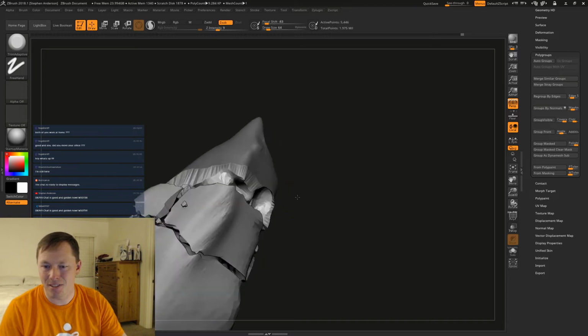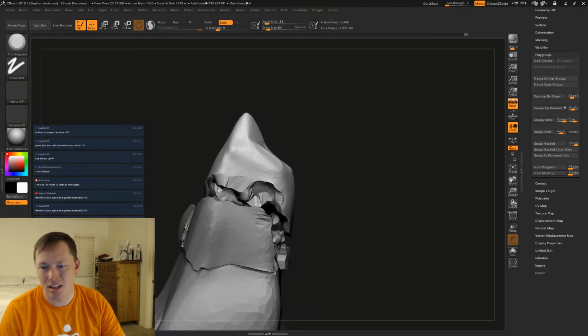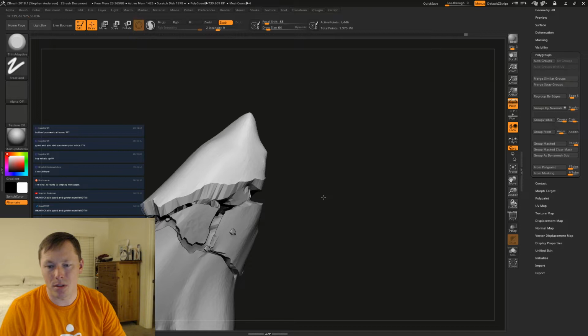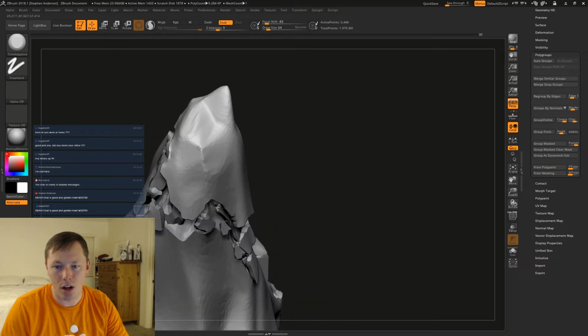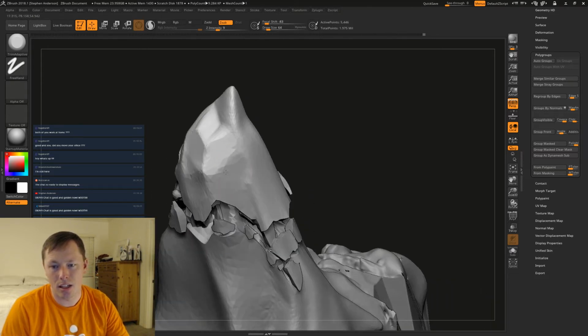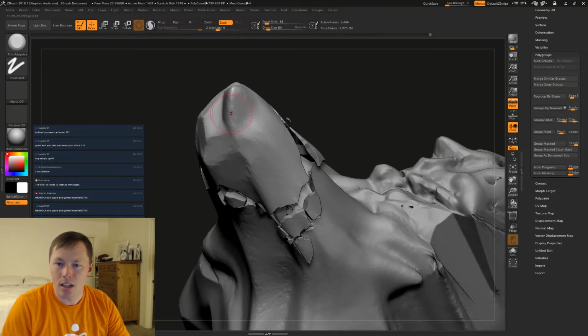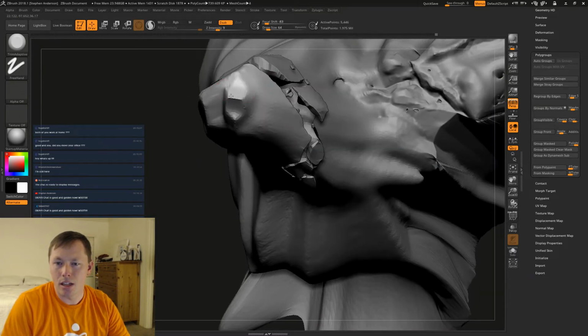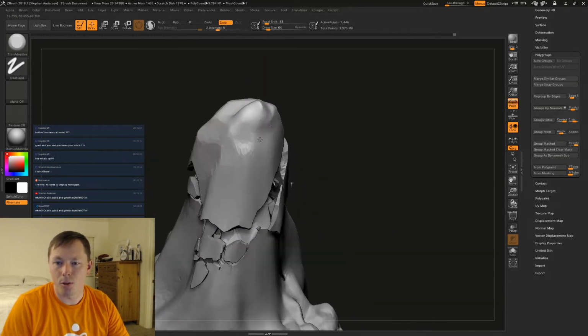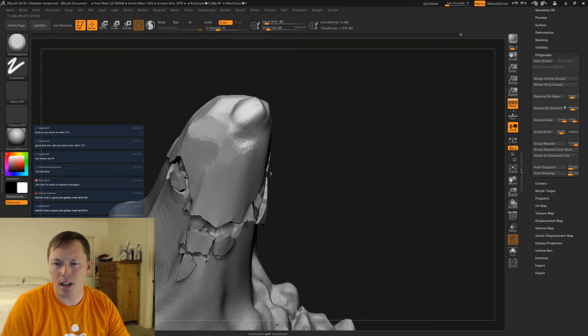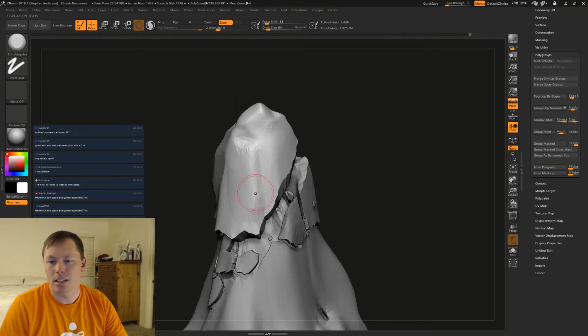Okay, let's see how this fits together with the other pieces. There's a huge chunk missing over here, which could be a good opportunity for me, maybe at some point, if I can get to it, to fill it in.